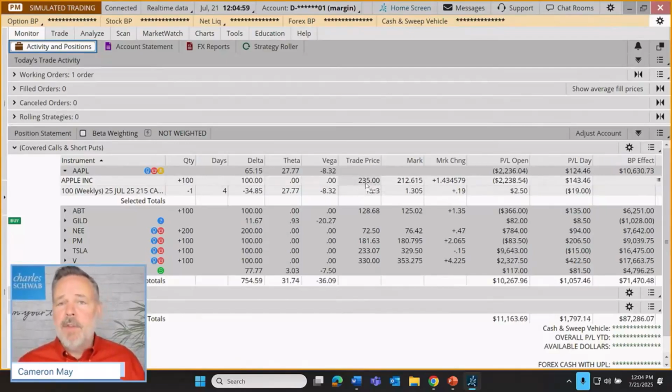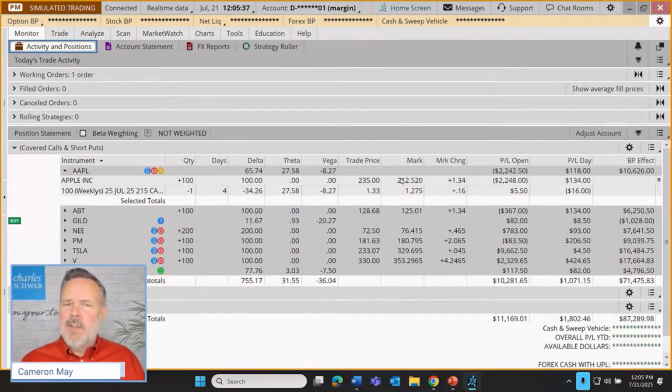You'll notice the trade price of $235 on the button. So it's a big round number, $235. Is it just coincidence? Did we happen to get a trade execution right at $235? That might have been the case, but usually when I see big round numbers like that, that tells me either I had a long contract that was assigned or exercised, or a short contract that was assigned, and that was the case here. This was part of a wheel strategy where we sold a put to initiate, hopefully, a whole sequence or series of trades. So we did sell a put that was ultimately assigned, leaving us with shares at 235.